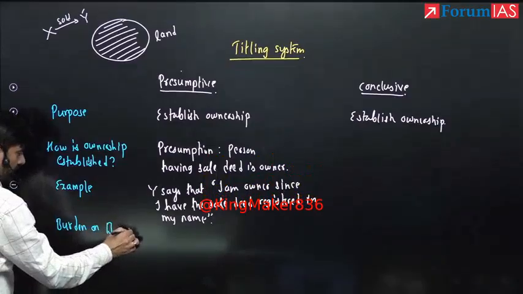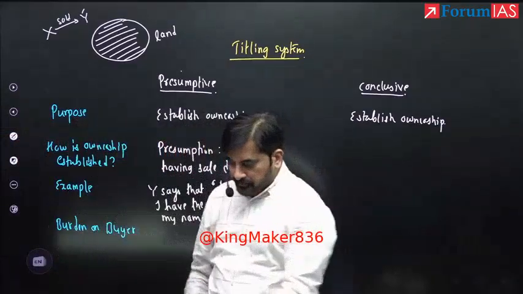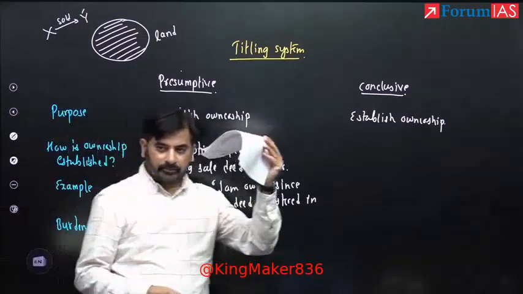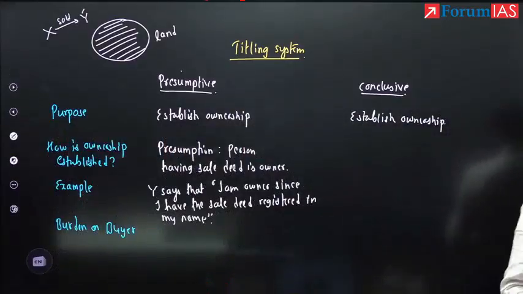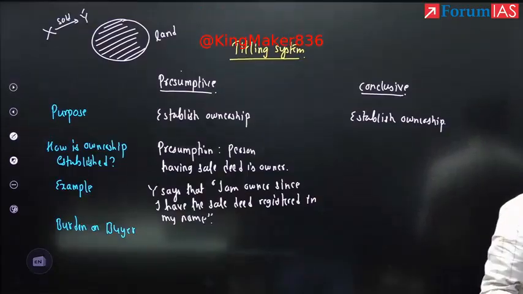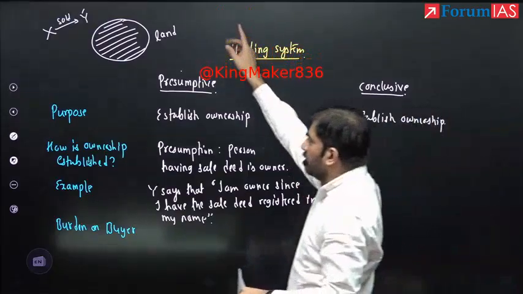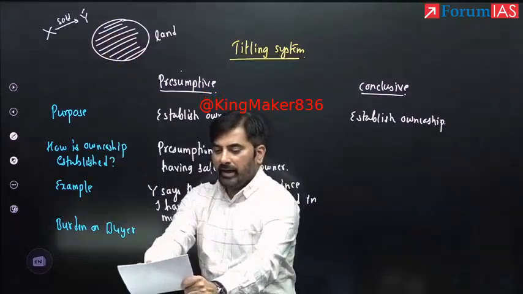Okay, now tell me, everyone, just pay attention. You can write down later, I'll dictate this also. Let's say this is a piece of paper. I am the owner of the land. Let's say I own a land in Greater Noida, for example. You want to purchase the land. I come to you and say I have the ownership of this land in Greater Noida, and I will say